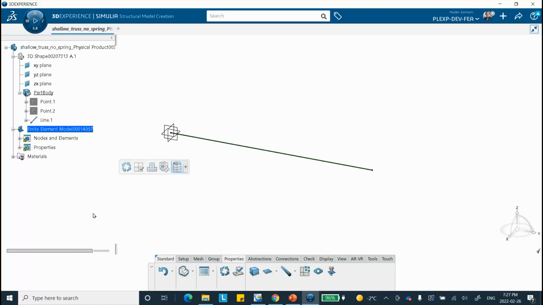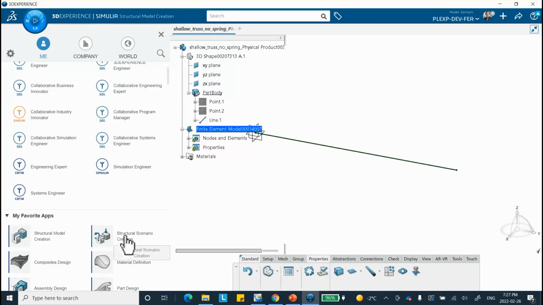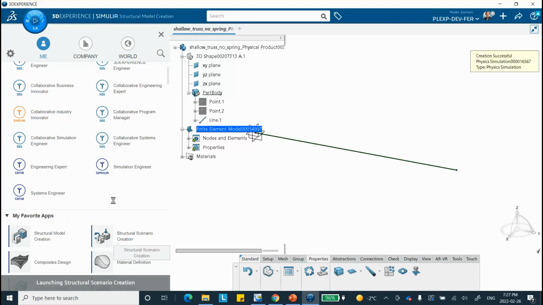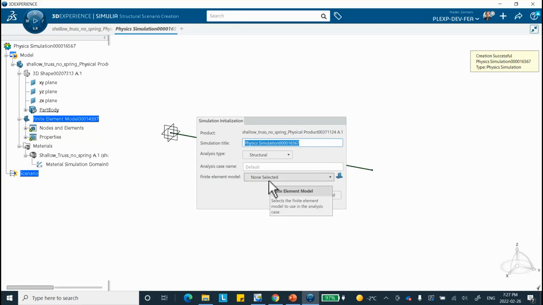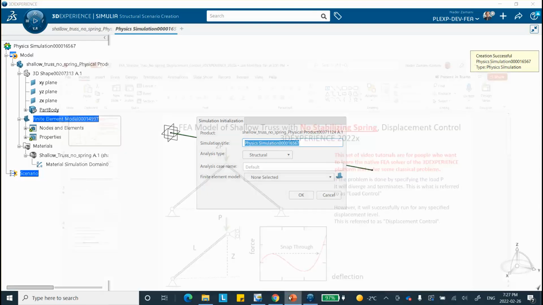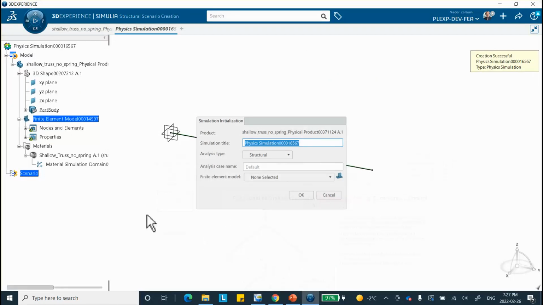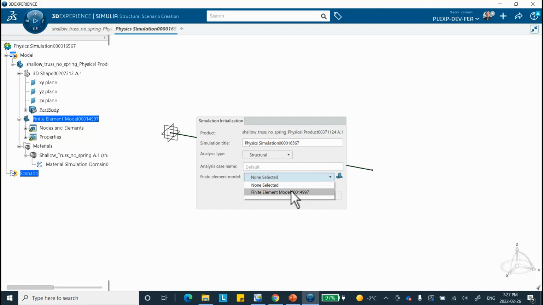Okay, first, what I'm going to do is go to structural scenario creation, and I will first apply a load, but then show you that the software will crash, not converge, and then we come and do it with a displacement constraint, or displacement. What do you call it? Displacement control, right? Okay, so let's create our model, the model that we created